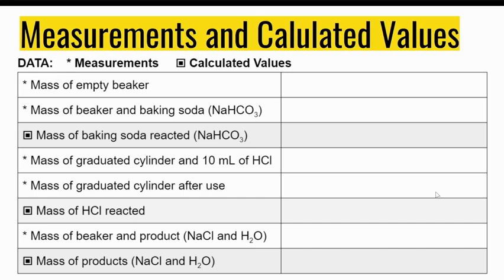All right, so now you need to process the data. Make sure you calculate and find the mass of the baking soda reacted, the mass of just the hydrochloric acid reacted, and the mass of your 2 products that remained in the beaker. Remember, carbon dioxide gas escaped the beaker because it's an open system. You're going to then use these 3 calculated values in gray